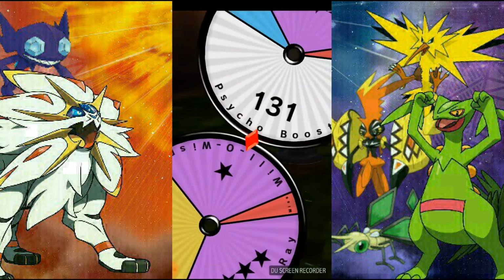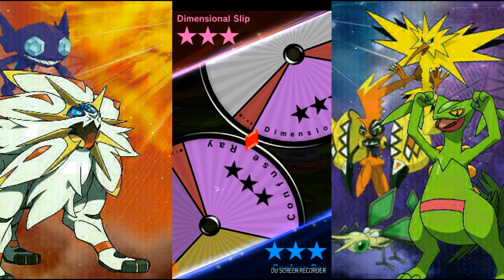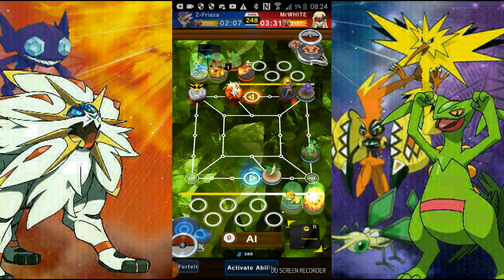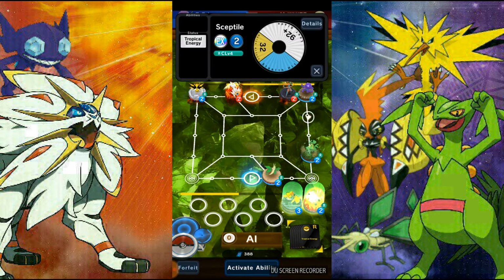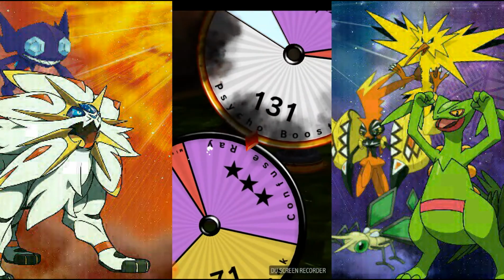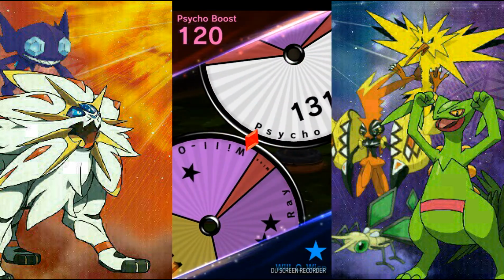Now, hopefully he lands Dimensional Slip, or we land Confuse Ray and a Will-O-Wisp. Perfect. Battery critically low, so let's wrap this up. Now, what we can do next if he attacks again is move Sableye over Solgaleo and then threaten game. And even if he does knock out Zapdos with his... Well, he didn't attack, so there's no point going over that, but...